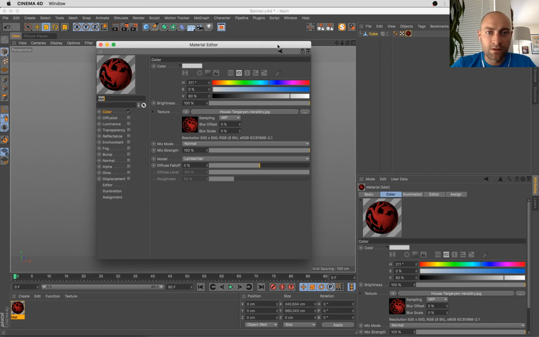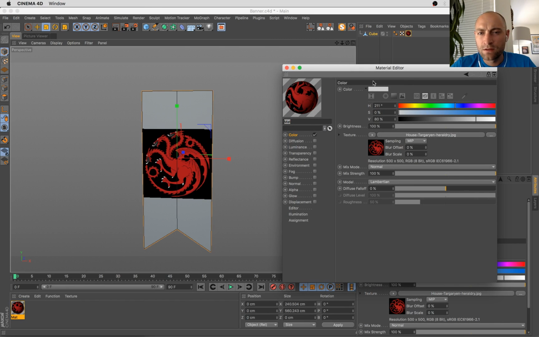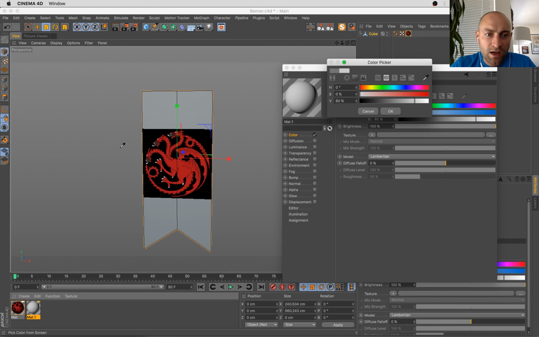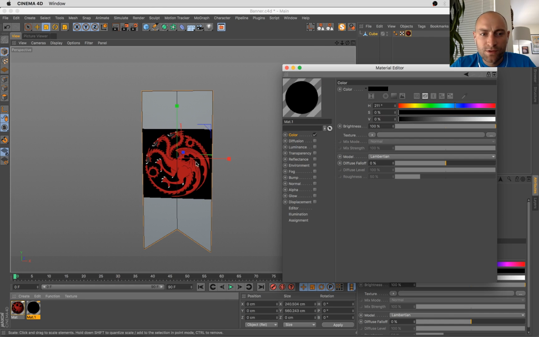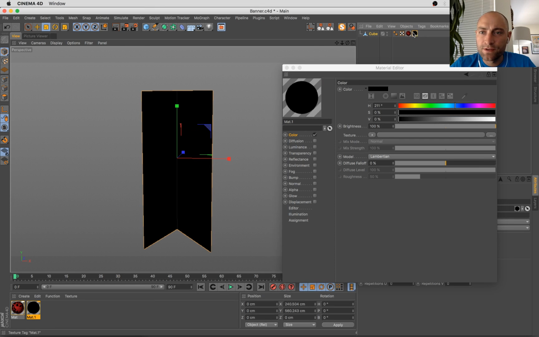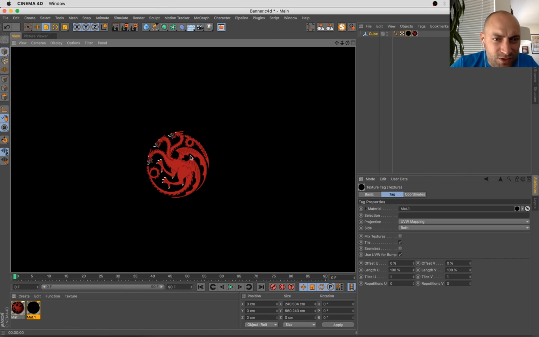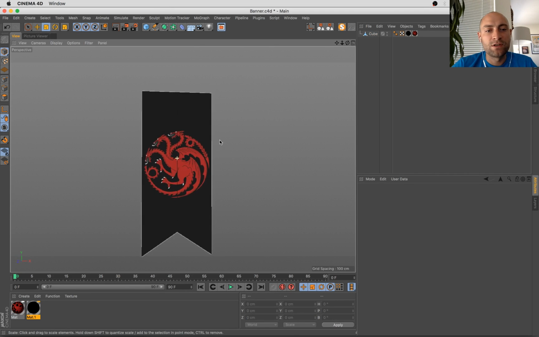There we have it. Now let's see. This goes. What I think I can do is clear this texture, grab this eyedropper, select that black, see how this goes. That looks pretty good, but now when we render it, there's a chance you'll be able to see